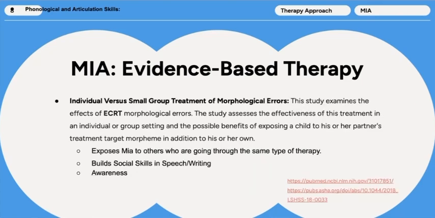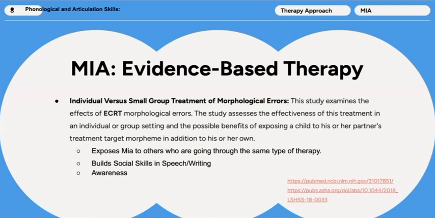All right. And another evidence-based theory that just piggybacks off of ECRT is individual versus small group treatment for morphological errors. So this is a study that examines the effects of ECRT on morphological errors. What this basically does is assess the effectiveness of this treatment in a group setting or with partners, and the possible benefits of exposing a child to his or her partner's troubles